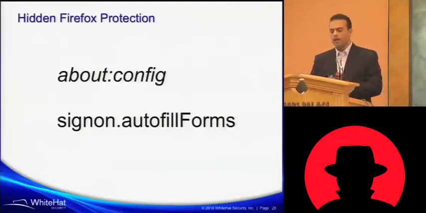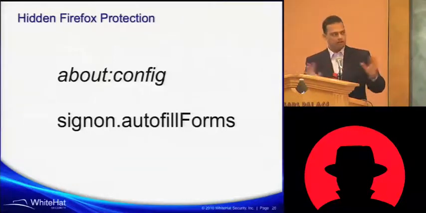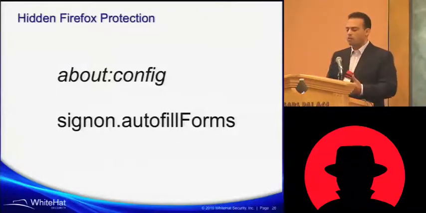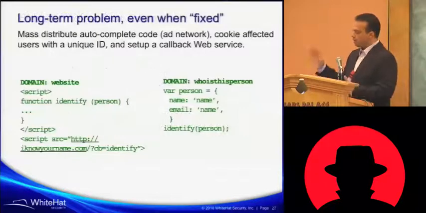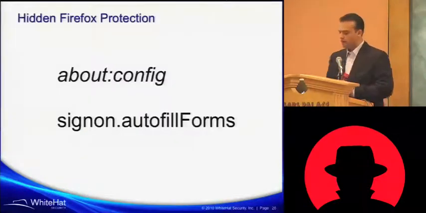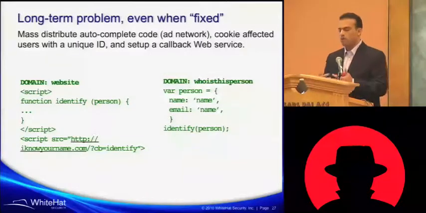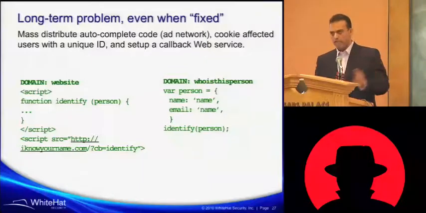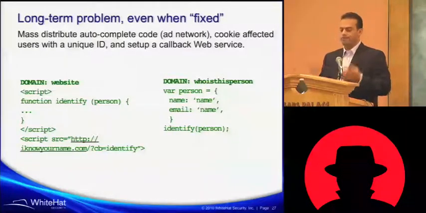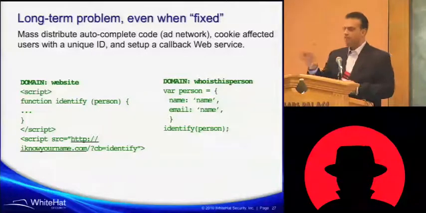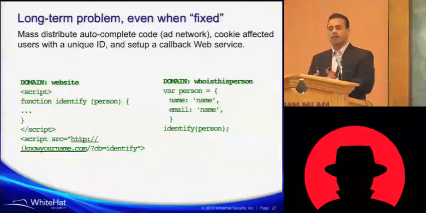Now, we have all this information, like say, theoretically speaking, we're the bad guy, right? We've put all this malware code, JavaScript malware stuff, out on the wire. We've put it into an advertising network. And what we want to do is, let's say all these guys patch these particular issues we're talking about. How do we convert this into a long-term issue that even if it's patched, it really doesn't matter? What the bad guy might do is put this out on an advertising network, steal the person's real name, email address, and respond with a cookie on the site. So now their email address, standard web bug, email address, name, I give you a cookie back on